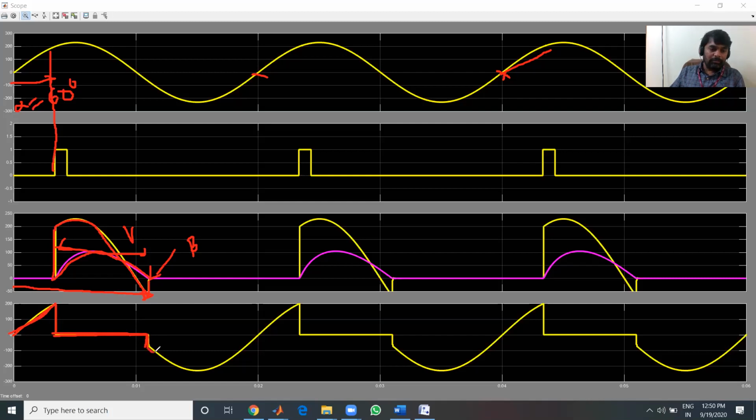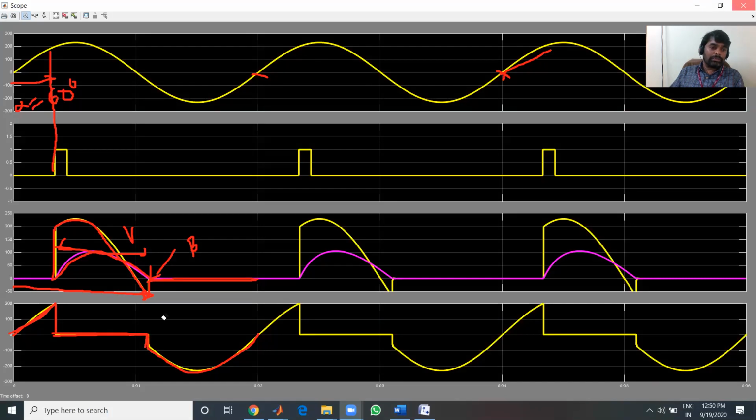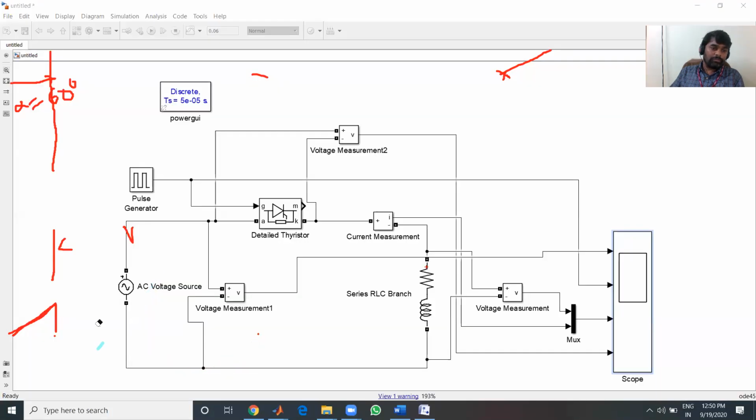So the thyristor will be in off condition, and it has to block the reverse voltage across it. The thyristor is connected in series with the load, so you won't get any current. If there is no current, there is no output voltage also. Right? You can see 0 output current and 0 output voltage. And the cycle keeps on repeating. So this is the single phase half wave rectifier with R and RL load.